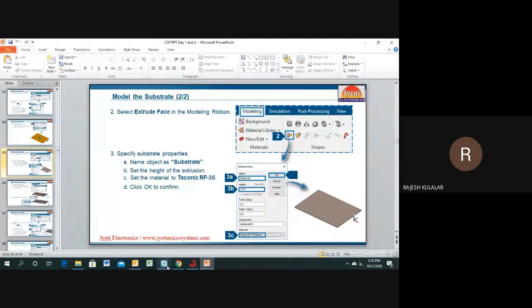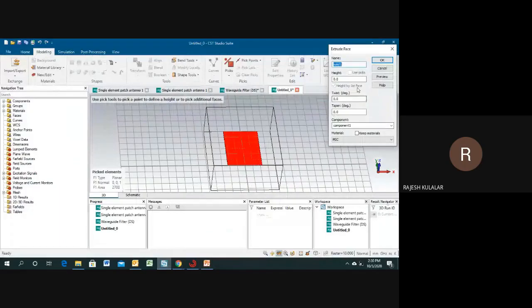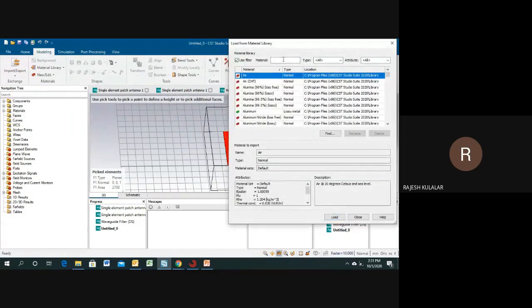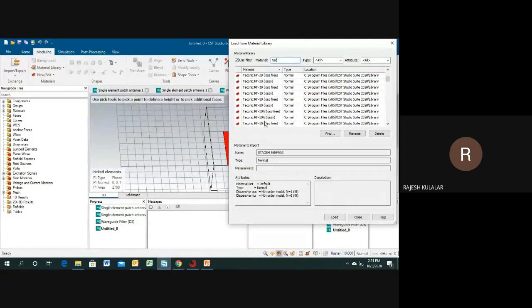The height taken is 1.52 mm, and we can load the material from the material library. Suppose you want to select a Taconic material, just search for Taconic and go to RF35 lossy. Yeah, this one.